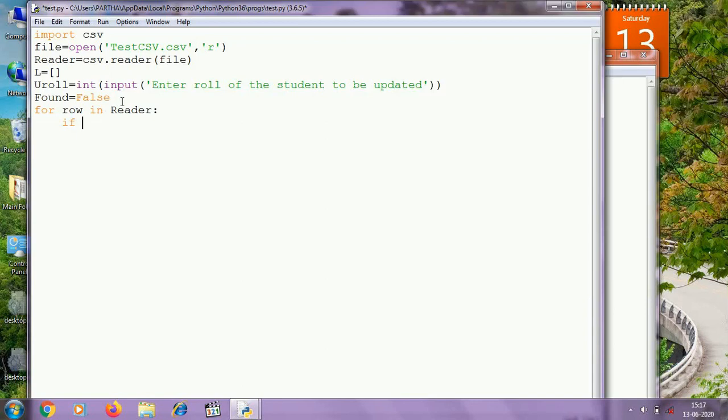And in my previous videos I have shown you how to write multiple records to a CSV file and how to read records from a CSV file. And during writing, I was using a list. The contents of the list were written to the CSV file. So when I am fetching the records from the file, then these records will be fetched using a list. So row is nothing but a list.